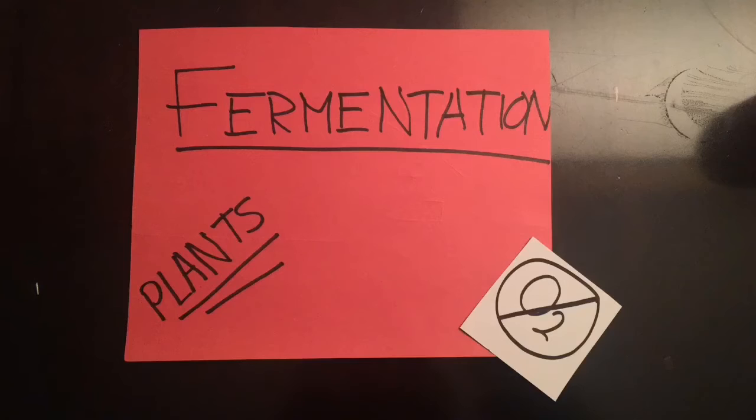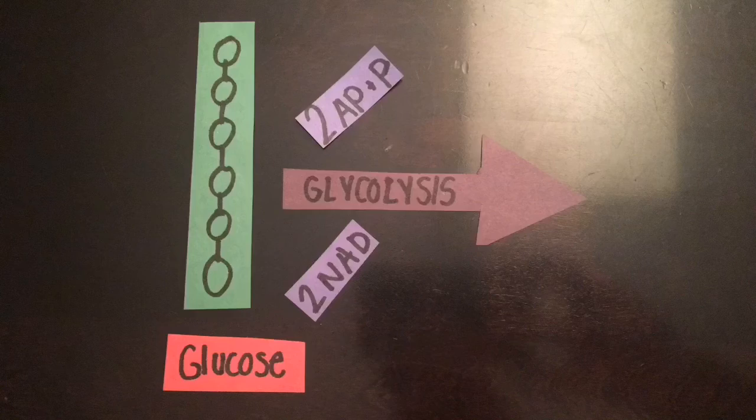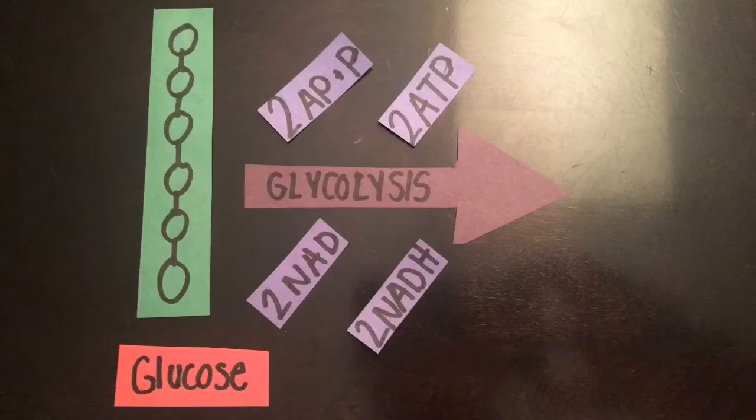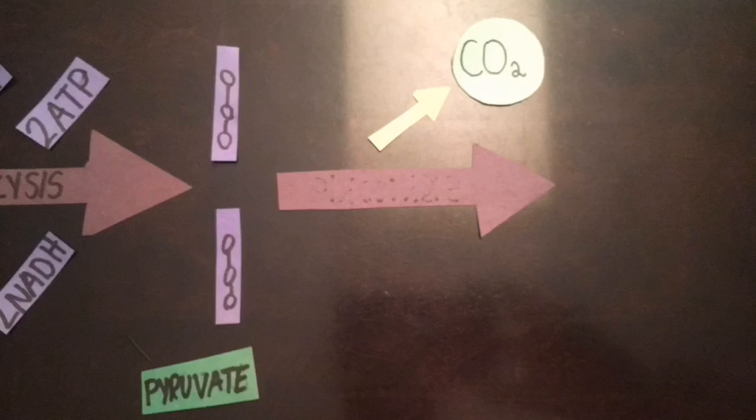It still does not require oxygen, but it is different from the other types of respiration because its end product isn't pyruvate or lactic acid. It again starts with glucose and glycolysis. We start with 2 NAD and 2 ADP plus P, and they reduce to 2 ATP and 2 NADH. This still produces 2 pyruvate, yet later gives off CO2,